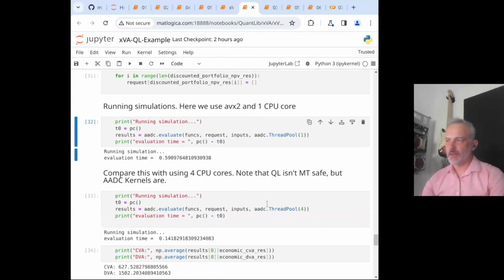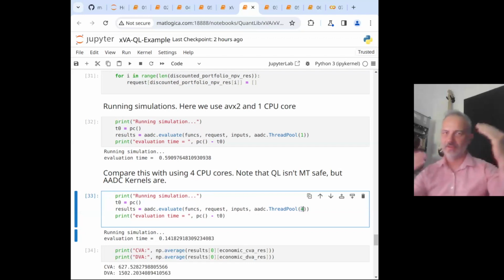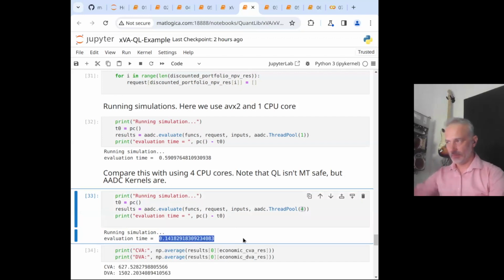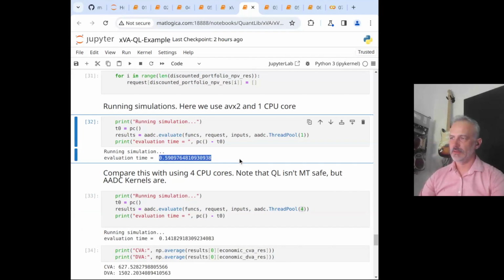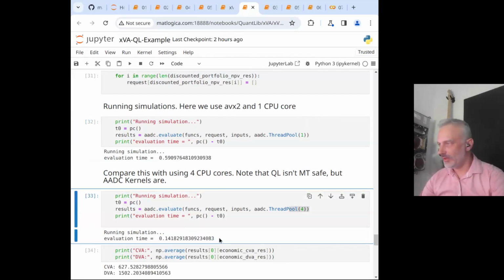We're also able to take advantage of a multi-core system, right? So let's see how it performs if we run it using just 4 CPU cores to get the idea if we're getting the promised benefit of using multiple cores. And indeed we do. So if one core runs in 0.6 seconds, 4 cores can finish it nearly 4 times better.